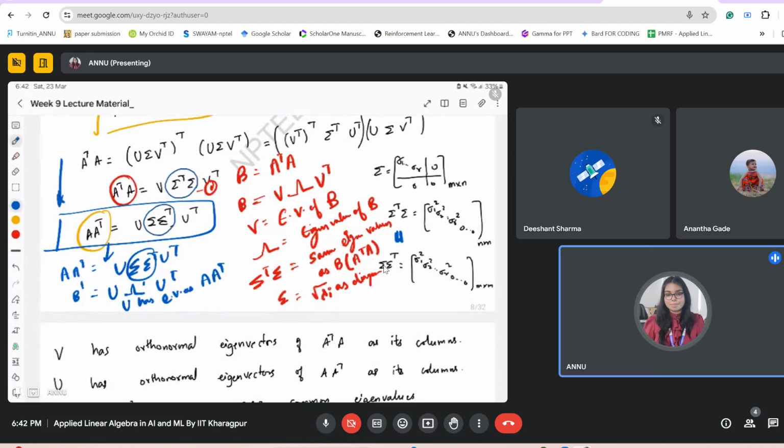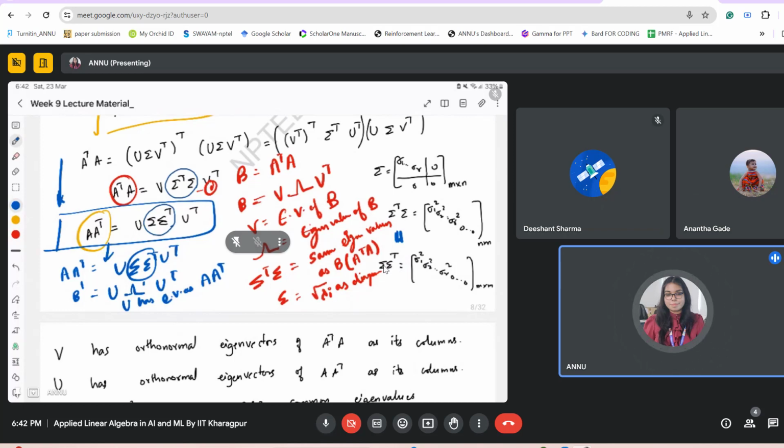But yeah, moving ahead, V has the orthonormal eigenvectors of A transpose A as its columns, and U has the orthonormal eigenvectors of A A transpose. So orthonormal is very important here. Okay, so these are sigma. As I told, these are the non-zero common eigenvalues of A transpose A and A A transpose. So can anyone tell me